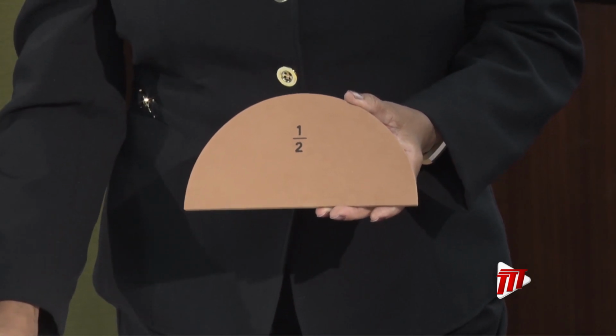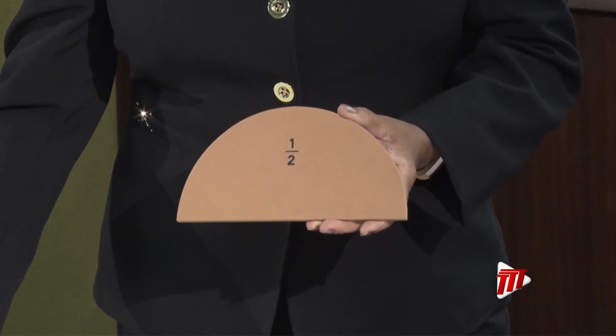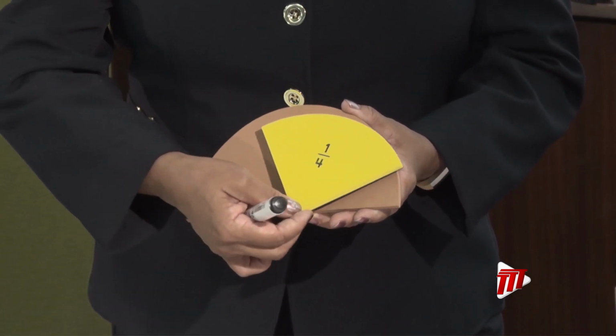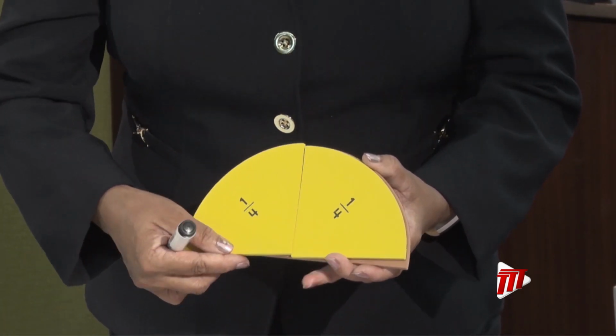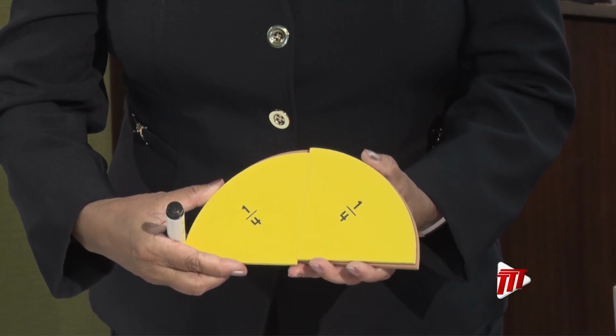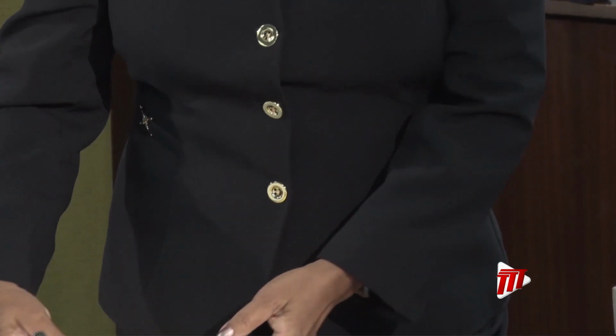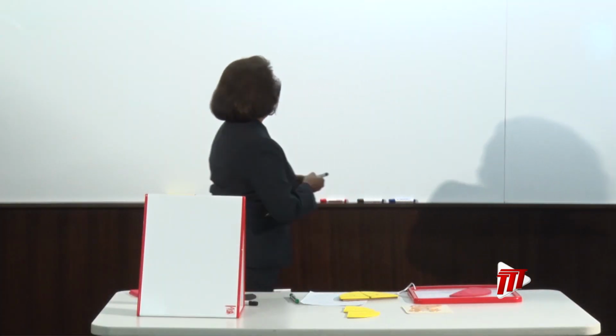But first, I want to bring you back and recap something that we did in a previous lesson, something called equivalent fractions. All right, now this is half of a whole, and I can find an equivalent amount of quarters that would make this half. So I put 1/4 here, 1/4 here, and I get 2/4 would be equal to a half. So we can write that 2/4